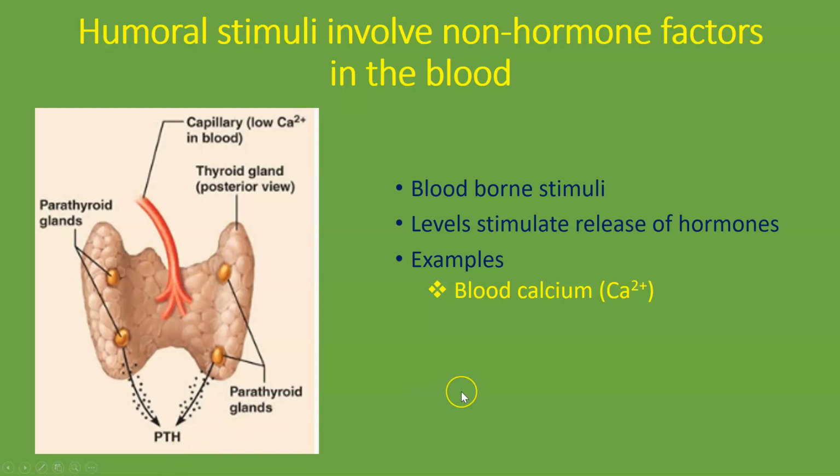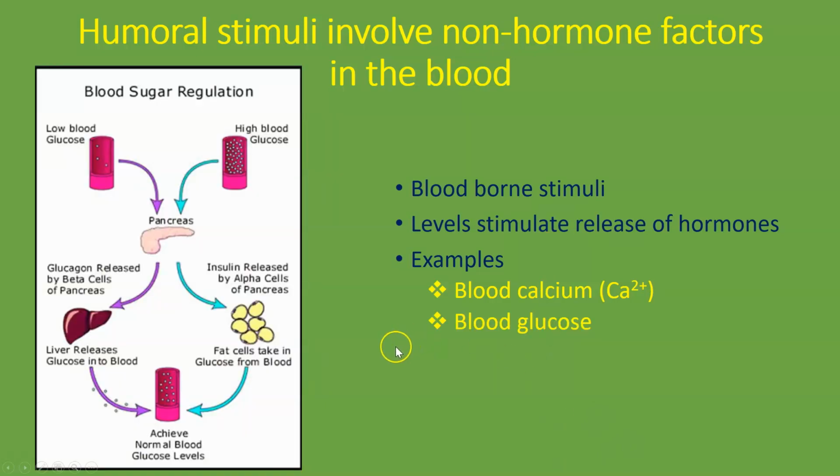PTH, when in the blood, is going to stimulate the bones to release calcium into the bloodstream. And that's going to cause our blood calcium levels to rise, and then that's going to turn off the secretion of PTH. Another example of a humoral factor is